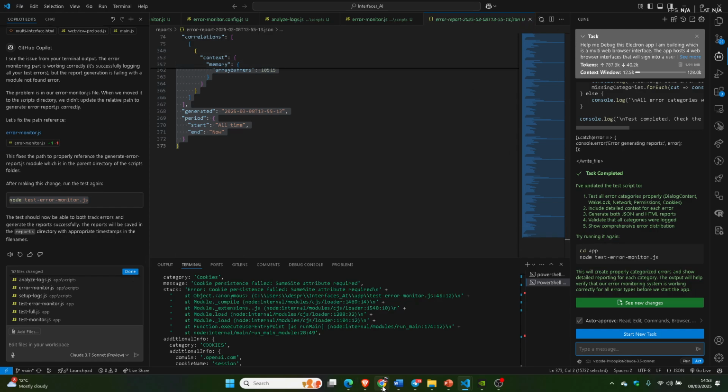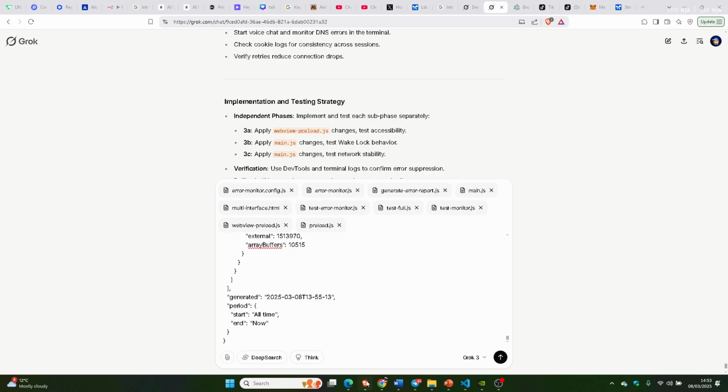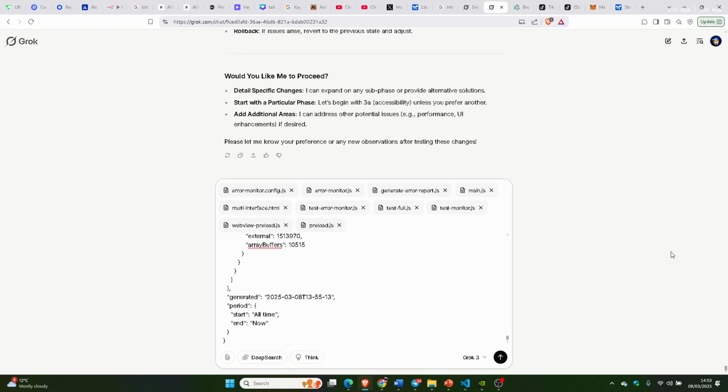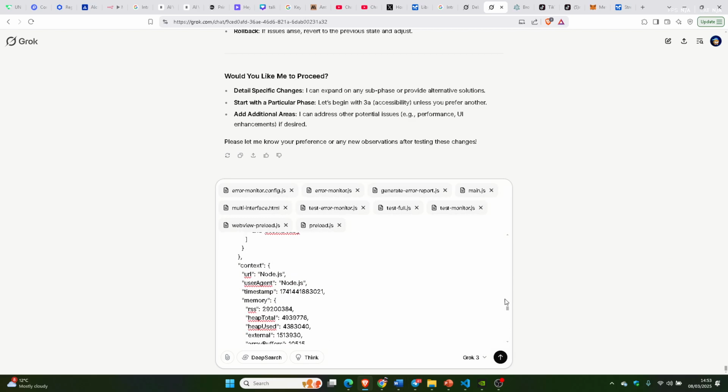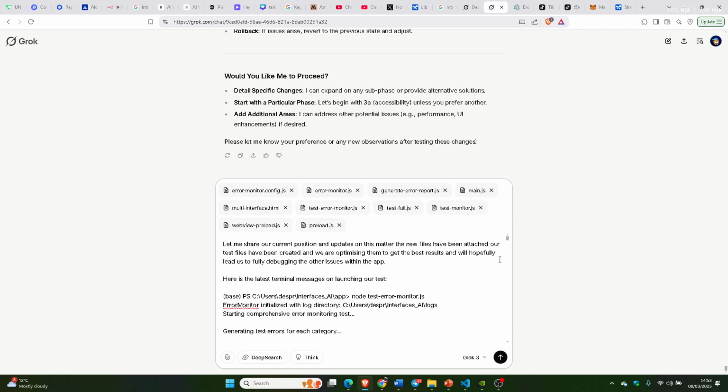Now we've got all those instances together. I am using Grok 3, however, and you might say why. I actually think Grok 3 is better, to be honest with you, than both at certain things. So,